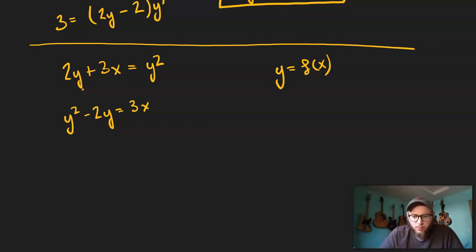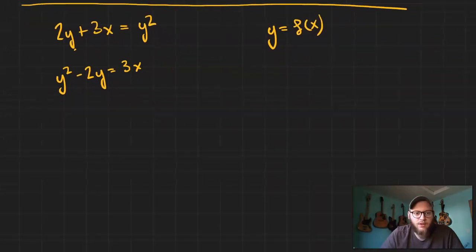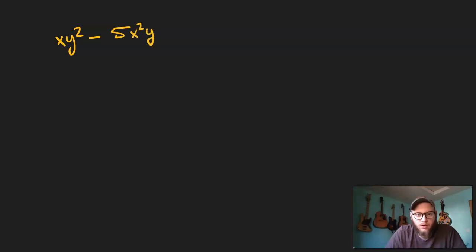Let's go over one more example here really quick. Let's just kind of get our feet under us. Let's just do a fun little example to kind of close out our little lesson here. So the function we're going to look at right now is xy squared minus 5x squared y equals